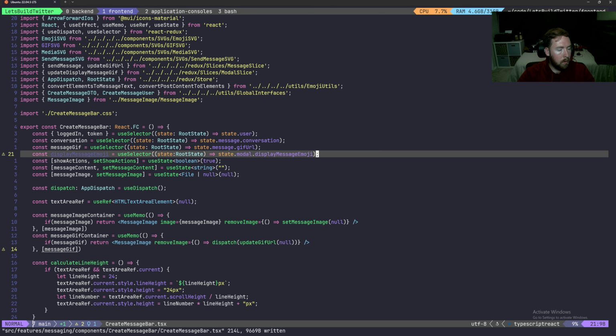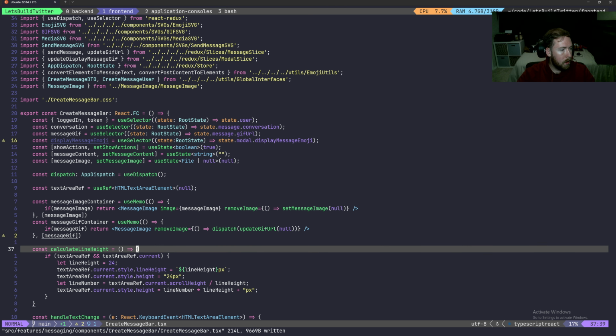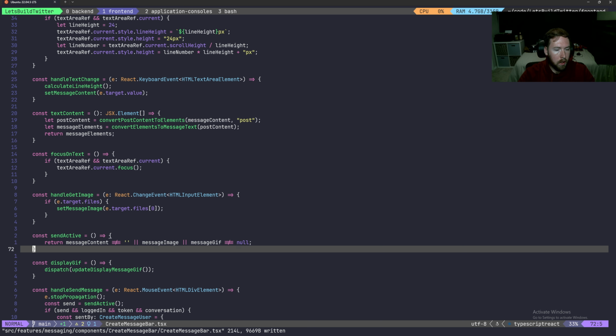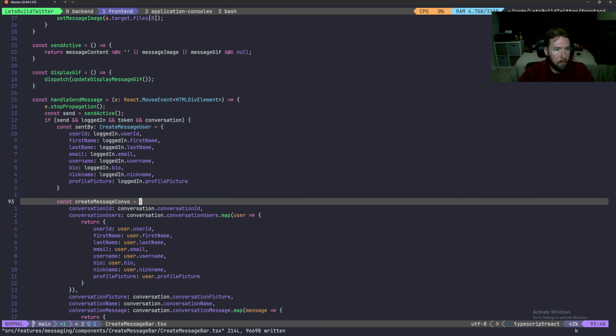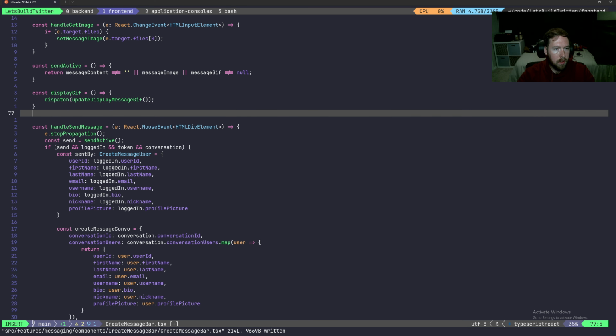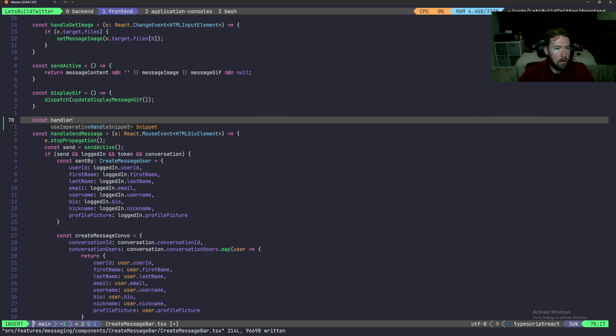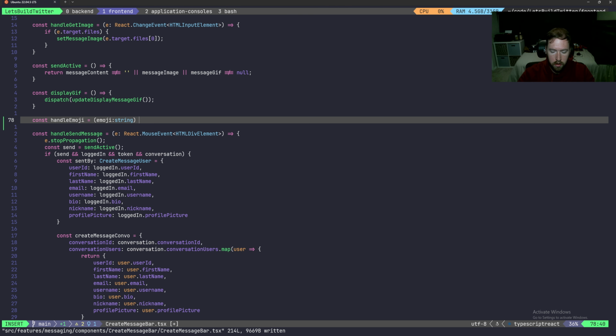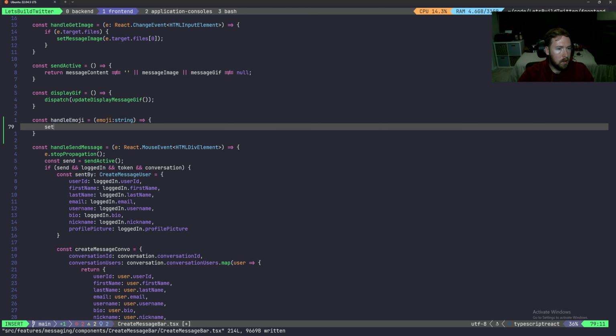That looks good. And then we need to come down a little ways and set up a function to handle adding in that emoji. So let's scroll down to the bottom here, above where we have send a message. I'm going to put it above send a message because it's before we send a message. So this will be const handleEmoji equal to, and we'll have an emoji string and just make an arrow function. So here we'll say set